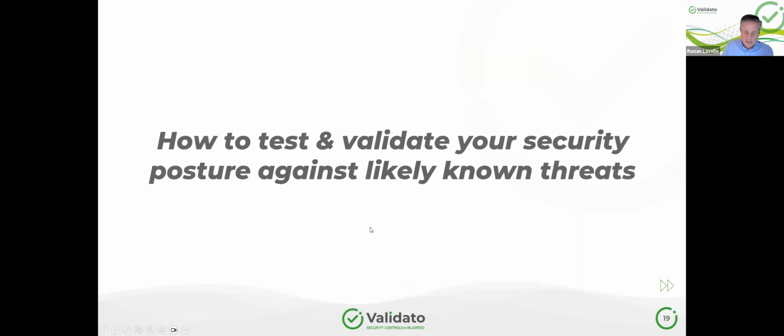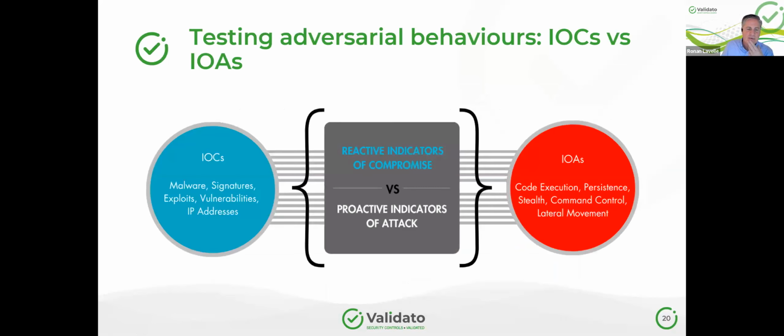So what we're going to do now is to go into the next phase of the presentation and actually show you how it is possible to take a threat advisory like that one from CISA with Lockbit and actually implement it in minutes within your organization to test your resilience. So that's what we're going to do right now. But just before I do that, we just need to define a couple of things. So in cyber defense and cyber